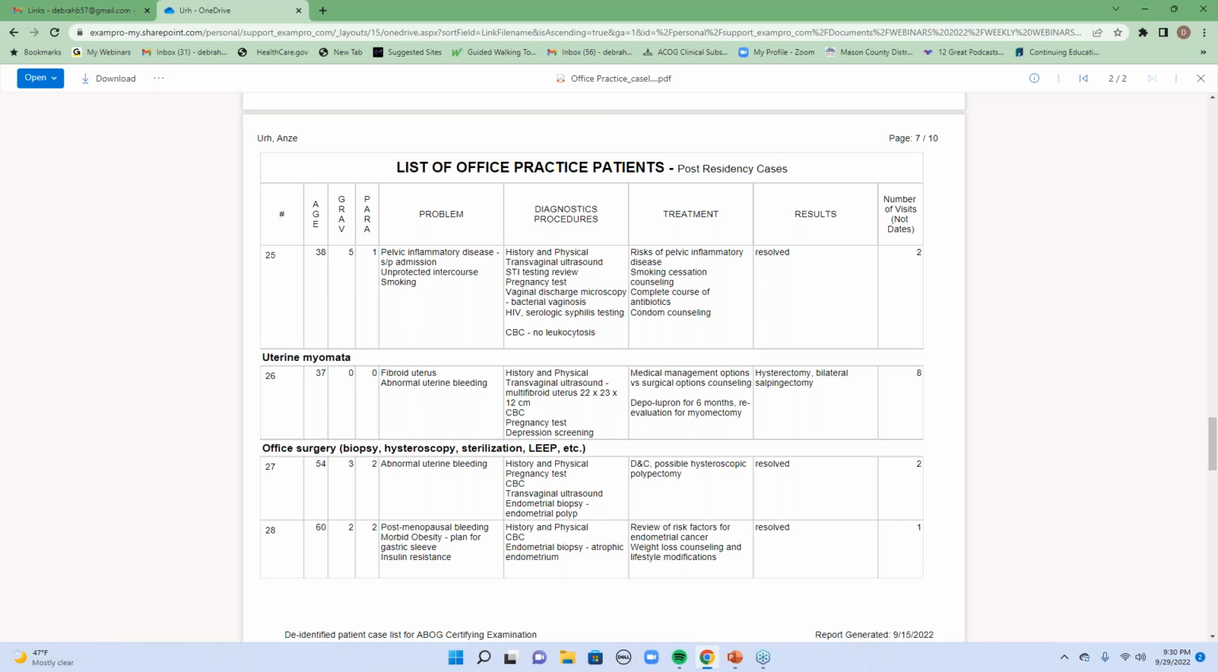Okay, PID. The treatment for PID is ceftriaxone or Rocephin. Inpatient is cefoxitin, but outpatient you're going to give them an IM injection of Rocephin or ceftriaxone, and the new dose is 500 milligrams. It used to be 250, so you're going to give them 500 of ceftriaxone plus 100 milligrams of doxycycline twice a day for 14 days, and metronidazole 500 milligrams twice a day for 14